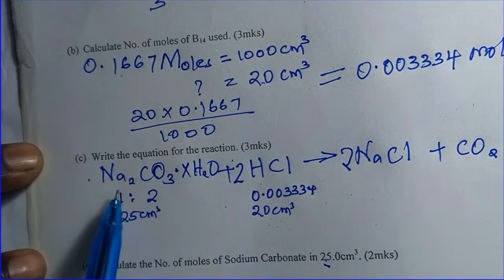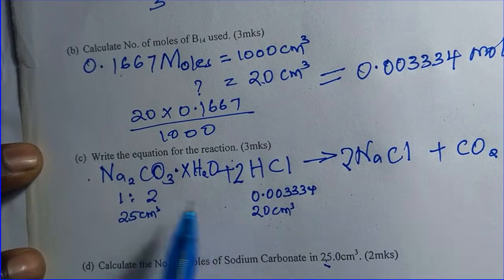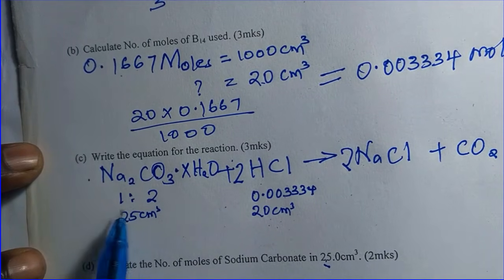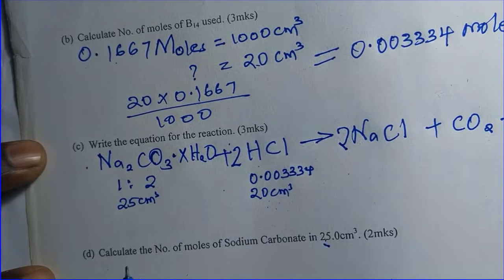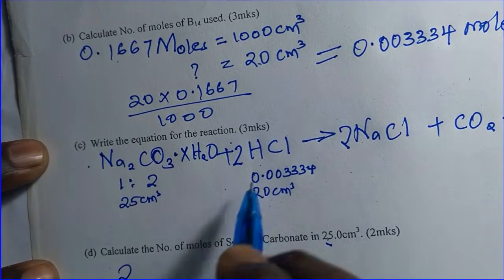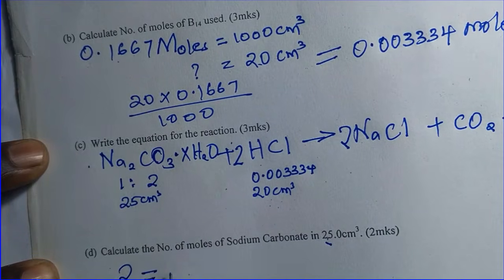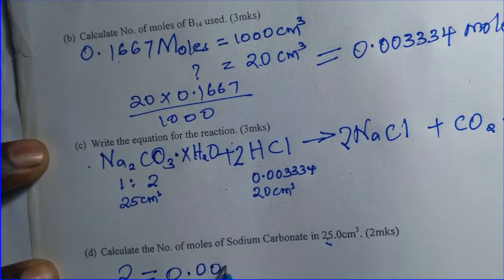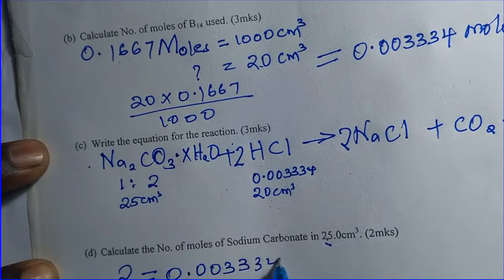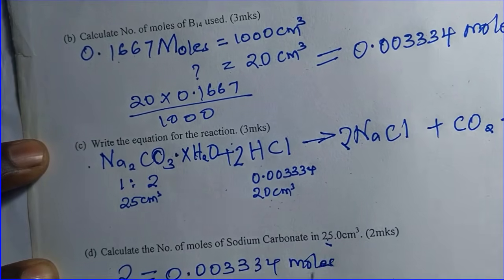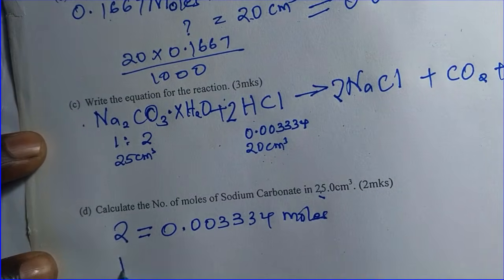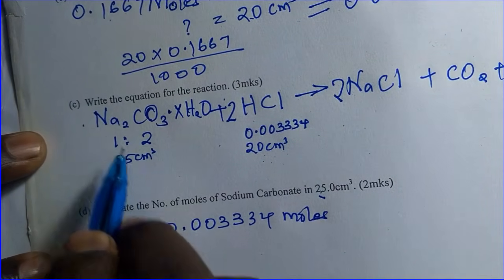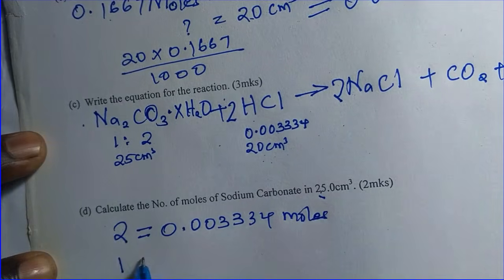So the number of moles of the carbonate will be a half because the ratio is 1 to 2. So you simply say here 2, which is the ratio for the HCl, has got 0.003334 moles. Right? Now you simply ask, 1, which is for the sodium carbonate, 25 centimeters cube, will contain how